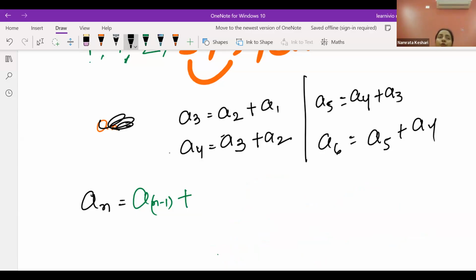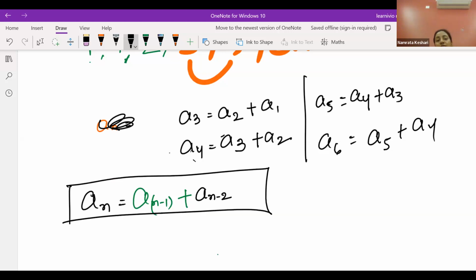Even though it doesn't look good to us, we have to accept it this way. So we have a(n minus 2). This is the nth term of this Fibonacci sequence, where the first two terms are fixed, 1 and 1. After that you will be able to find terms with the help of this formula. So you can say that the third term will be here 3 minus